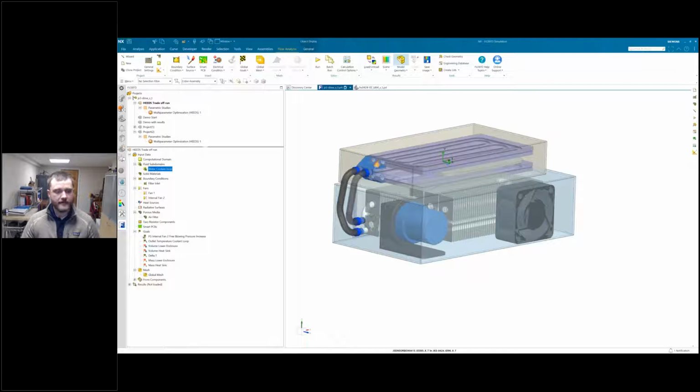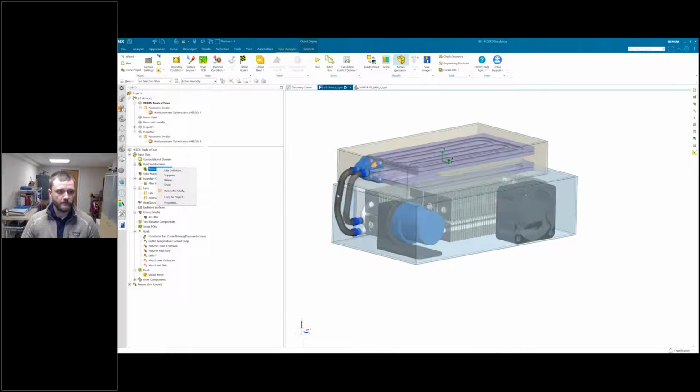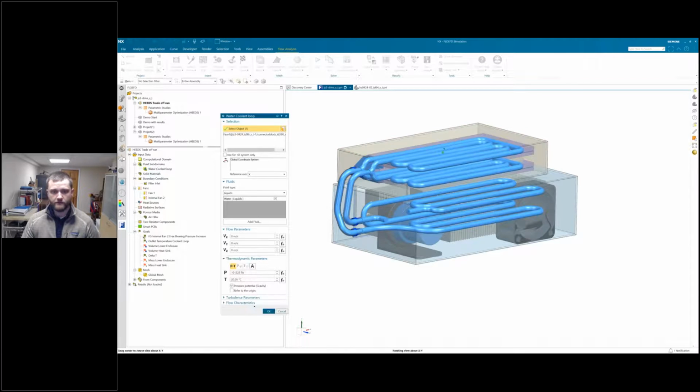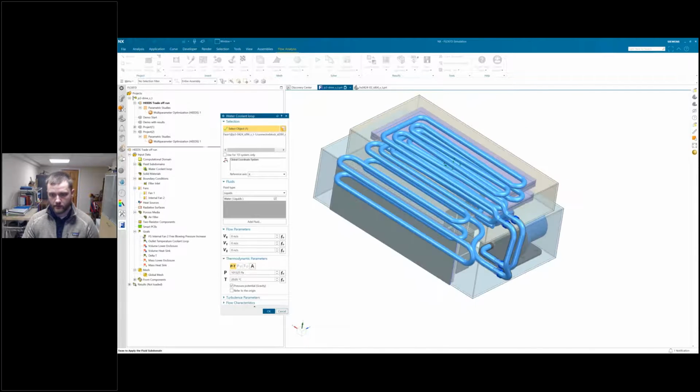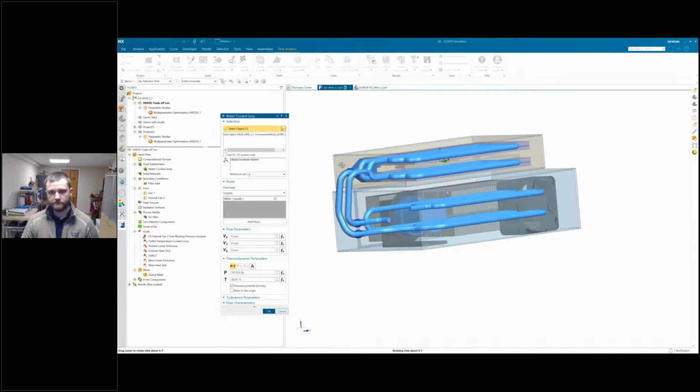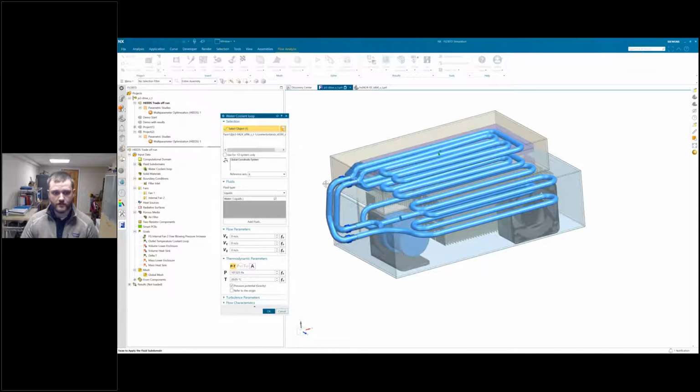And one of the things that we have here is a water cooling loop that's a fluid subdomain. In this case, we have a fluid domain for the air, and we have a fluid domain for the water. In this case, the water is going to be a fluid subdomain. And this is really easy to define. All we have to do is select one of the surfaces of the fluid domain, and it will automatically create the fluid domain based on the enclosed geometry.